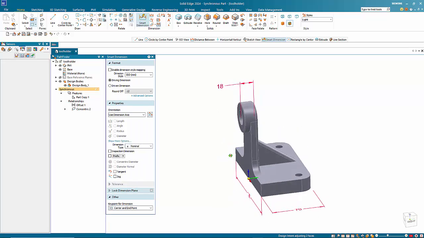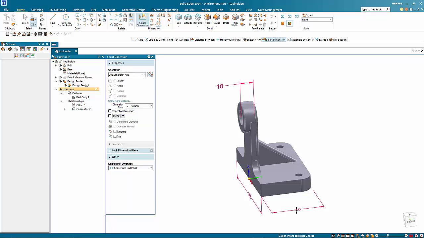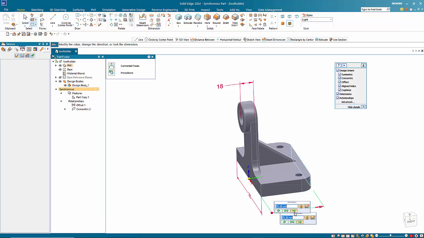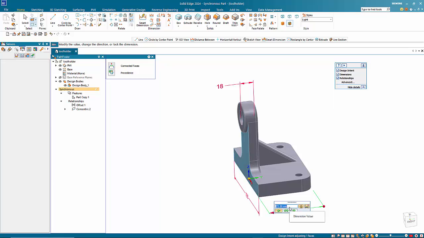So now if I pick up on this dimension here, if I hover over and change this dimension, so this is the face that is going to change. If I adjust it out,